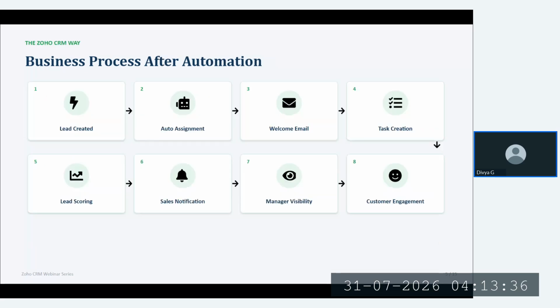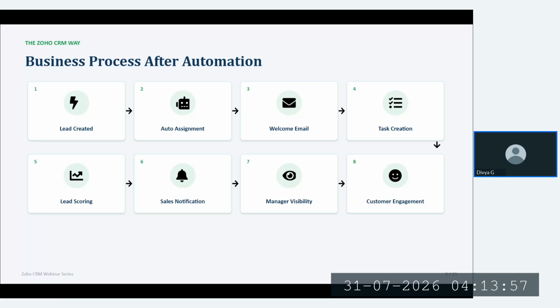Zoho CRM is mainly for the sales department, where each lead can be managed efficiently. How does the Zoho CRM help this way? As I said, the sales team will receive 25 inquiries.